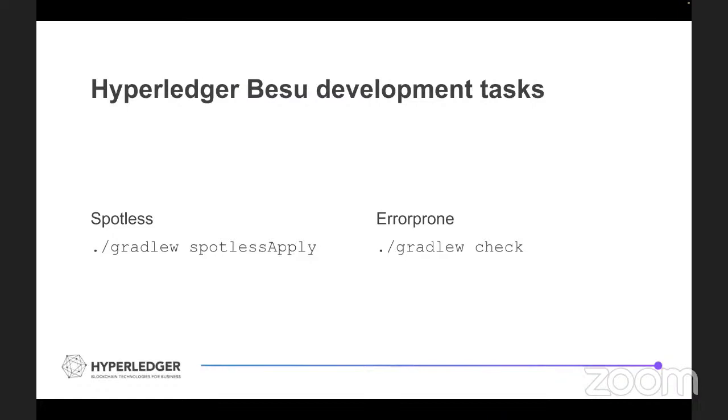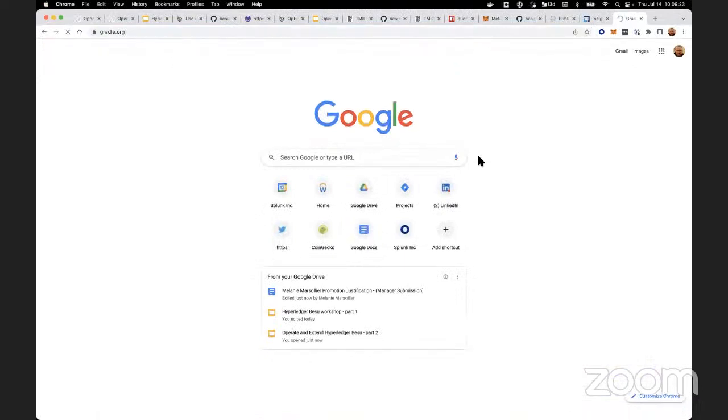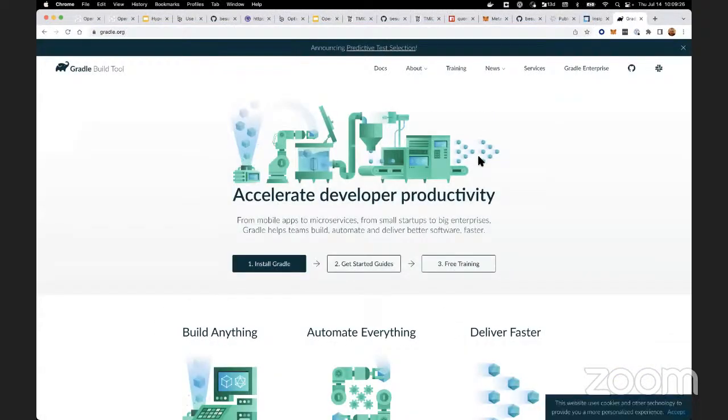And there are a number of things which are really specific to how Besu performs. Besu works with Gradle. If you're unfamiliar with Gradle, I recommend you take a trip to gradle.org. If you've ever built anything in Java, especially with Maven, Gradle is kind of an evolution of that. It's a bit more scripting oriented. It's actually got some roots in maybe, I'd love to say, Apache Builder, but eventually moved down to becoming its own DSL,